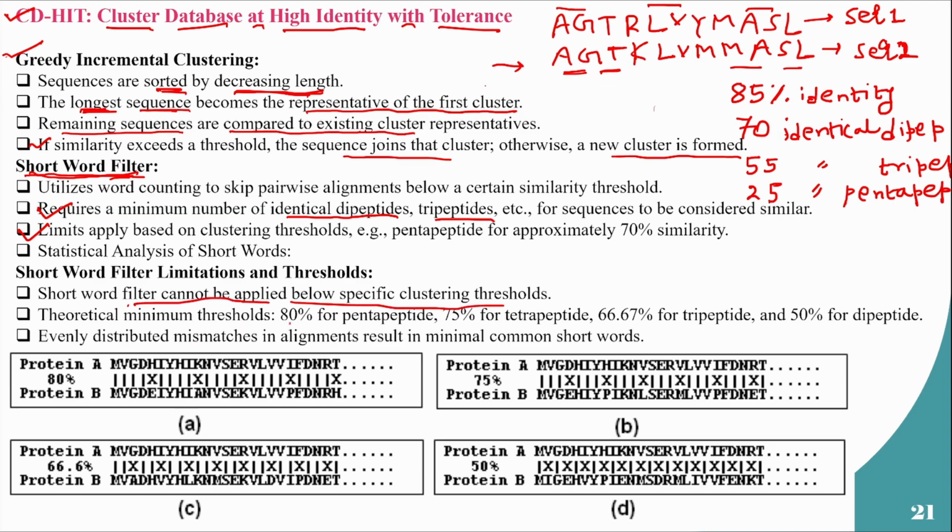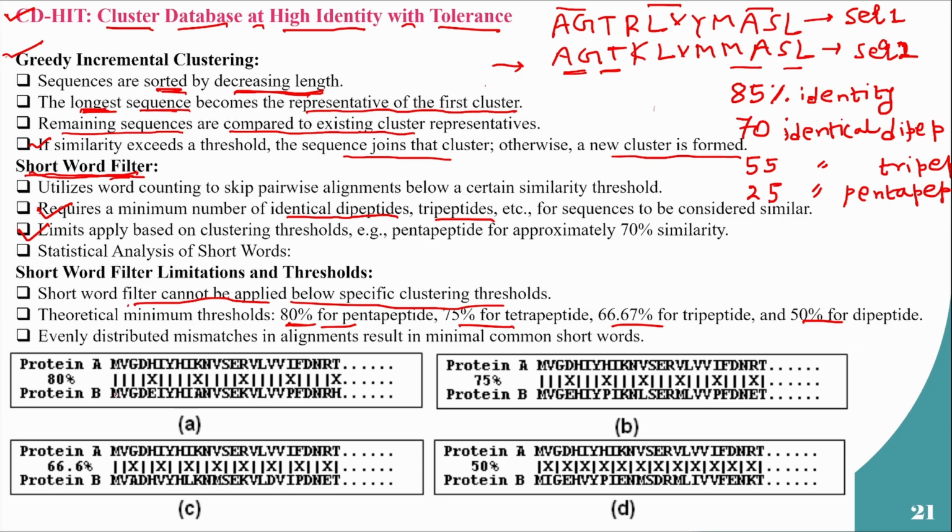So here, for example, they have theoretical minimum thresholds: 80% for pentapeptide, 75% for tetrapeptide, 65% for tripeptide, 50% for dipeptide, and so on. What this means is, in the worst case scenario, if you have two sequences which have 80% identity, what can happen is that the mismatches that you'll notice in